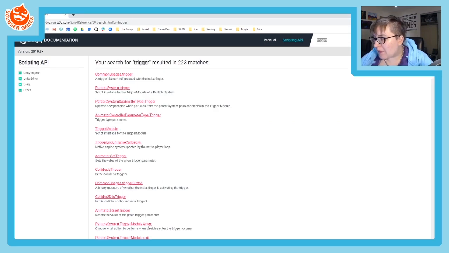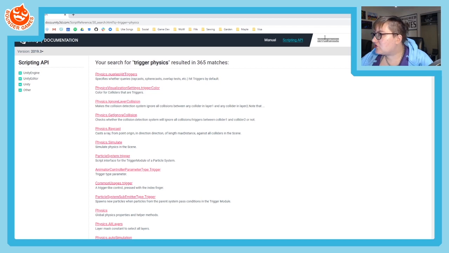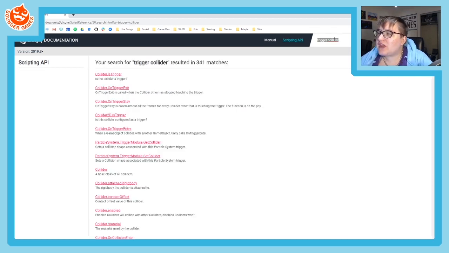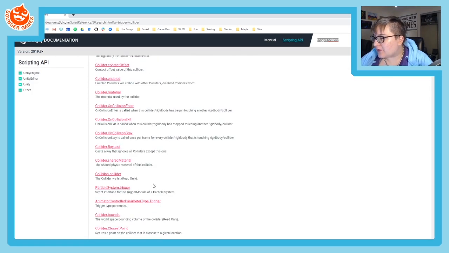There's a lot here that maybe aren't what I'm interested in, but I can try trigger physics, or I can try trigger collisions, or collider. And you just need to get used to checking these things, okay? So I can see here, on trigger exit, on trigger stay. Maybe it's something like that, okay? So what we really want here is actually called